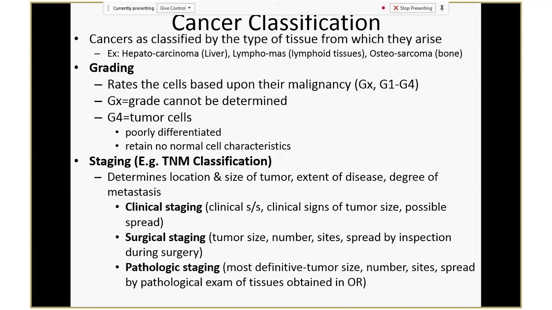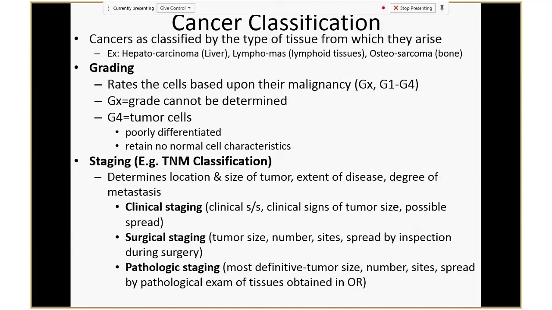For example, hepatocarcinoma derives from the liver. Makes sense, right? The lymphomas derive from your lymphoids. Or osteosarcoma derives from your bone. Makes sense. Okay. The grade of a cancer is different than the stage, and what that means is that the